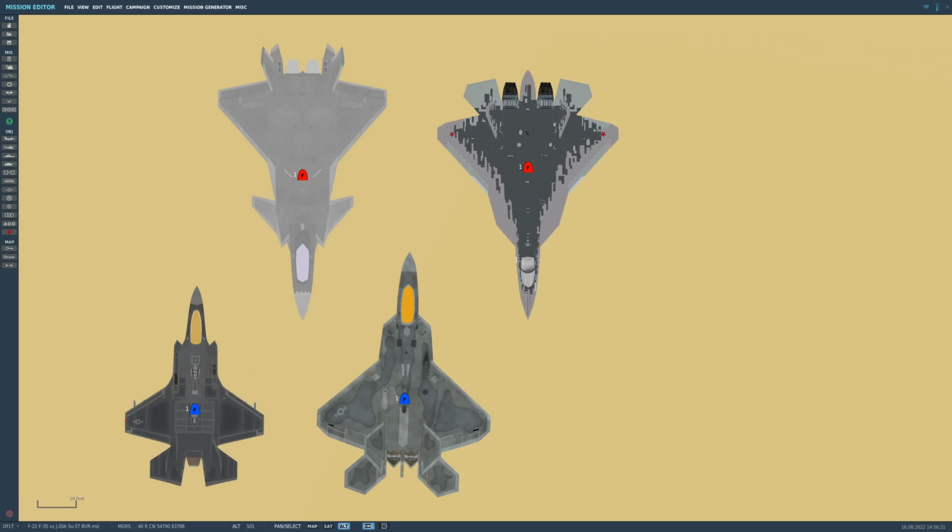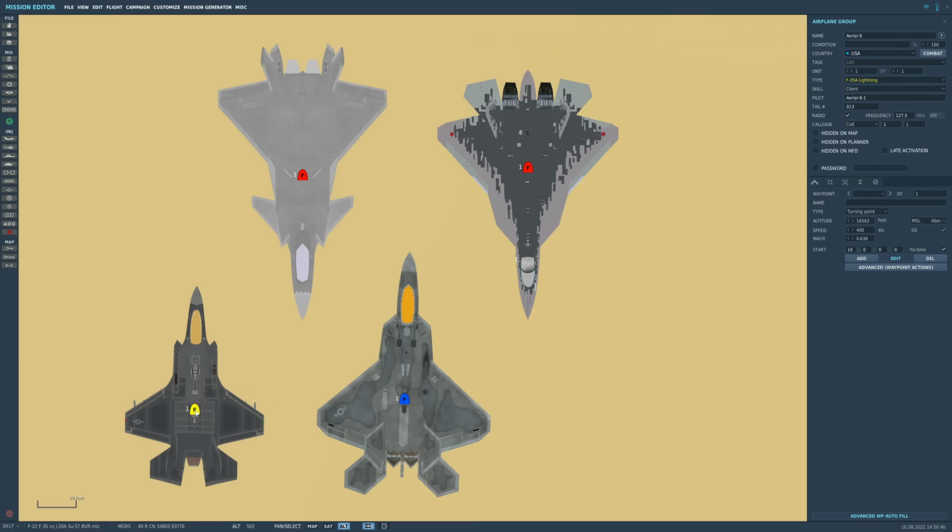Time for another Beyond Visual Range battle. We've done several battles before involving 5th gen aircraft, but never a battle with all of the 5th gen fighters. So, today, 2 versus 2 Beyond Visual Range battle. On the blue side, the F-35A Lightning II and the F-22A Raptor versus the Chinese J-20A Mighty Dragon and the